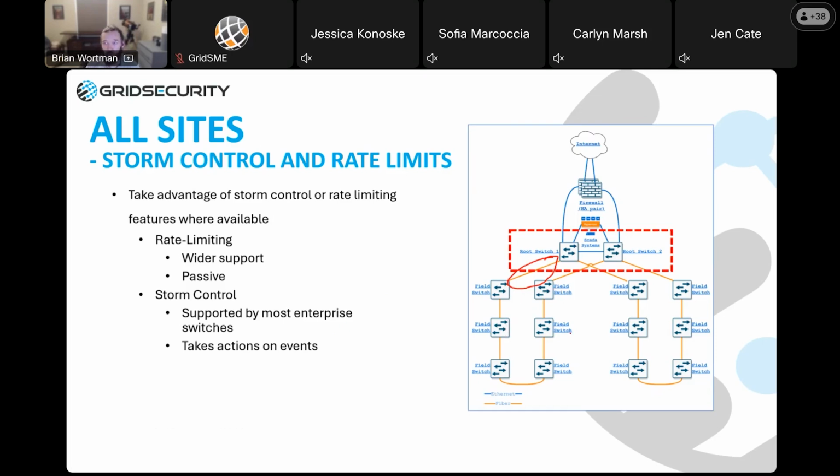But whether it's storm control or rate limiting, both can prevent a broadcast storm from turning into a full site outage by reserving some portion of your available bandwidth for unicast traffic. That might mean no outage, or it just might mean that your network engineer can still get to your management interfaces on these switches to do some troubleshooting and figure out what's going on, versus having half of your field equipment lock up and having to trouble somebody out there to start power cycling devices. So it's good practice to configure these controls if they are supported on your hardware.